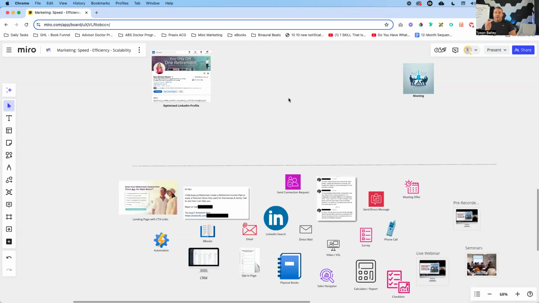So I want to cover a number of different ways that you can go about this. Typically on the LinkedIn side, we're looking at targeting a higher value client. The way that I define that person is somebody that either has a lot of money or is making a lot of money. With your business specifically, you may understand that the solutions you provide are more relevant to a specific market or occupation, whether it's a business owner, a doctor, a contractor. That's where you have to start diving into your specific niche.